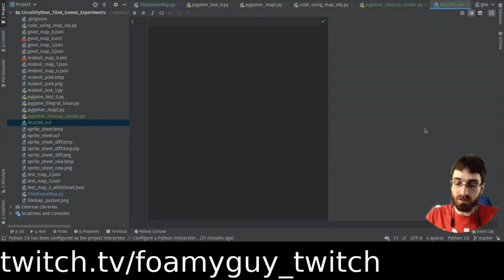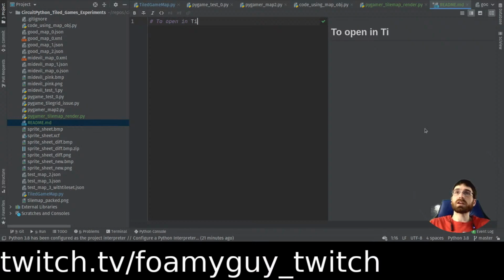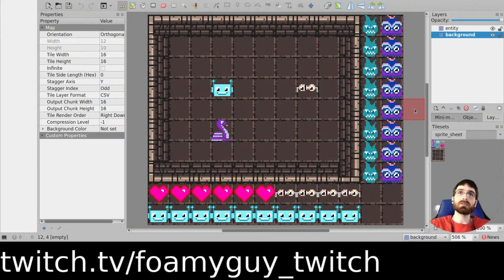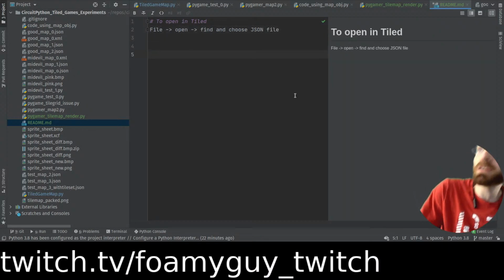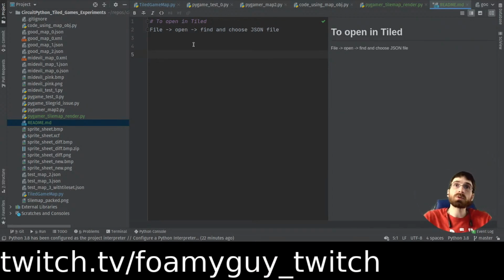So let me make a section here. Open untitled file open and then just choose the JSON file. Find and choose JSON file. And we'll make some more notes as we go for how to save it and how to set up a new one and some other stuff like that. So,